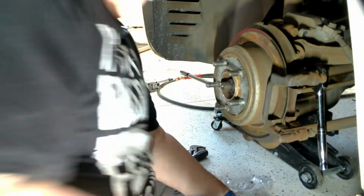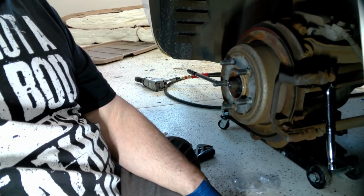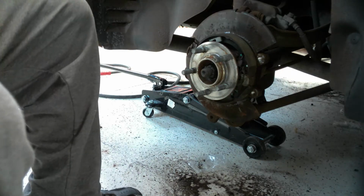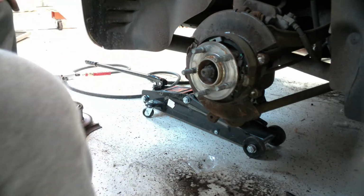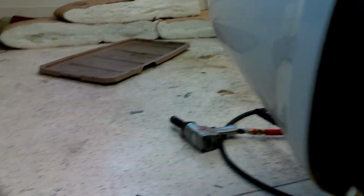Looks like this is the only damage it did. Looks like I ran out of memory right at the time where I was having all the fun. The disc actually split. Here, I'll show you. The disc actually split away